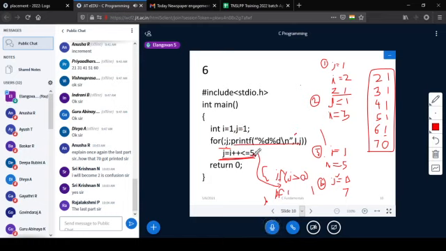But since it is a post-increment, 1 less than or equal to 5 will be checked.